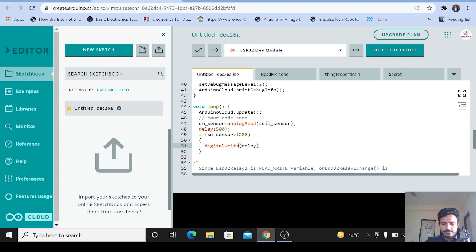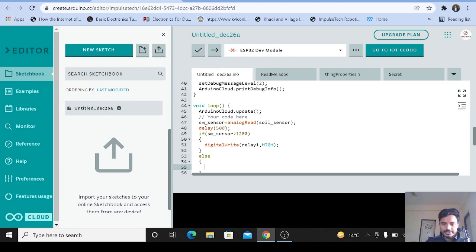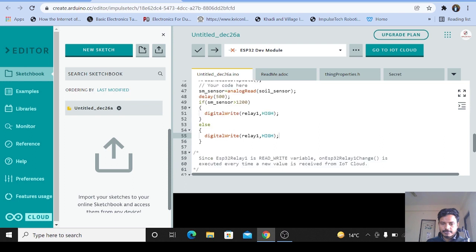So write relay1, HIGH; Now else we will turn it off. Curly bracket, enter and write, or else what you can do, just copy this, Control C and Control V, right, and let's write here LOW. Okay, so now you are able to control the relay automatically based on the sensor's data.